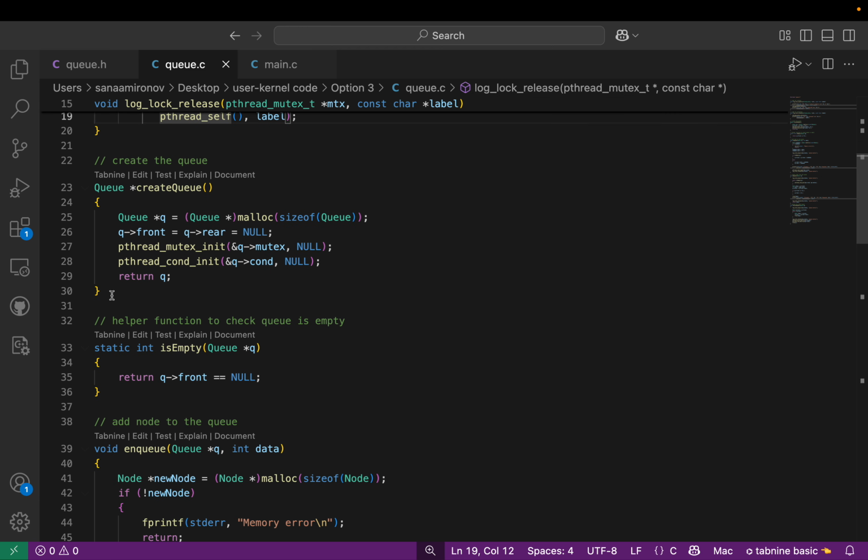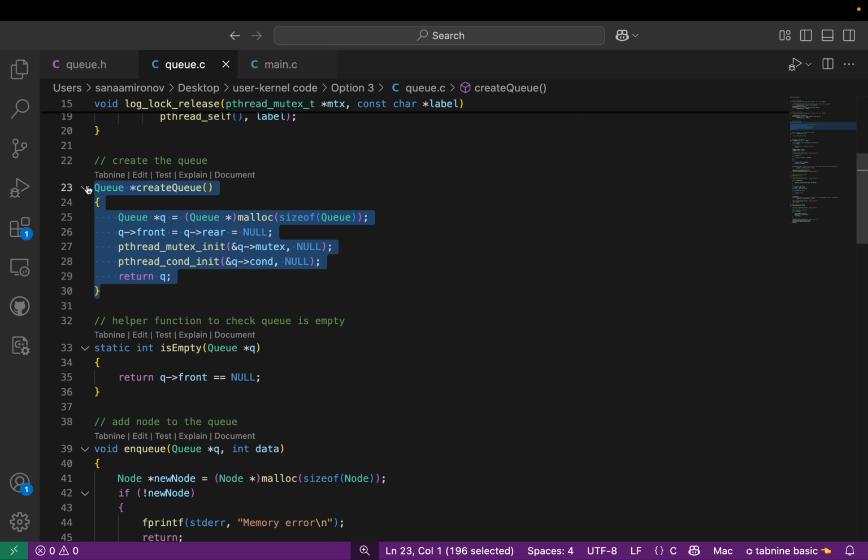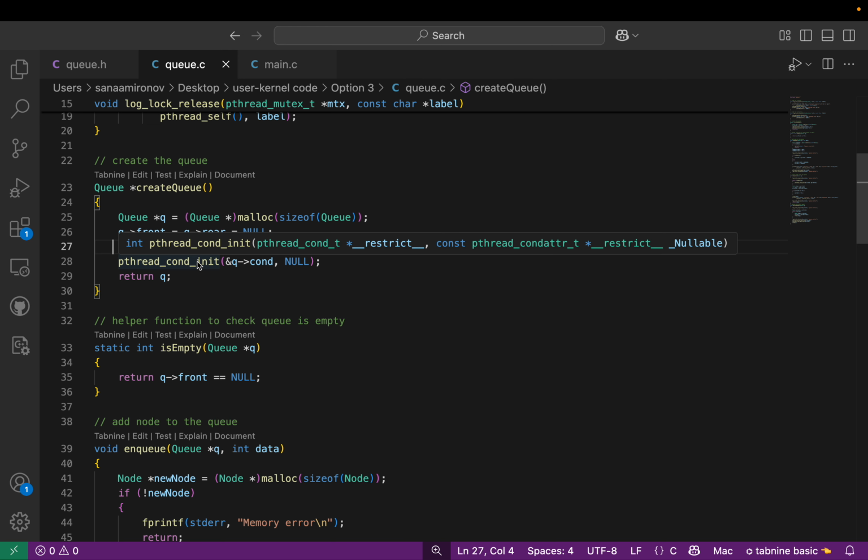and then I have my function that will create an entire queue, including making it dynamic. So by calling malloc, I'm setting my front and rear. I'm initializing my lovely locks. I've also initialized this condition. This basically allows me to have a more robust locking instead of just having the lock acquire and release. I also want to add and to ensure that all of the conditions have been met so that I don't